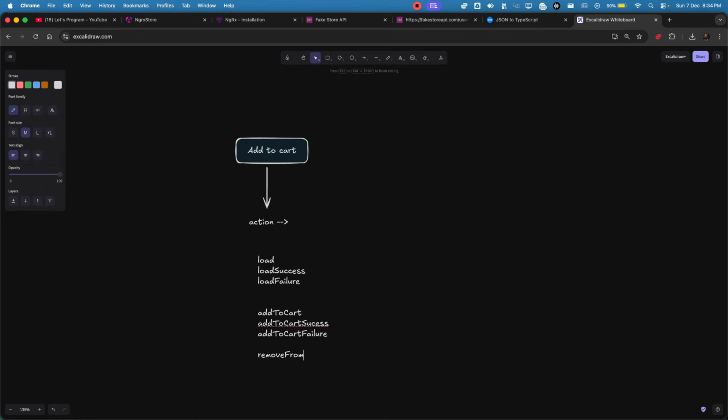We will also create this action when we want to remove some item. And what kind of prop will we pass here? We will just pass the product ID which we need to remove, right? And when we want to add an item to the cart, we will make sure that we are passing a prop as a single product. And we will make sure that if the user clicks two times,